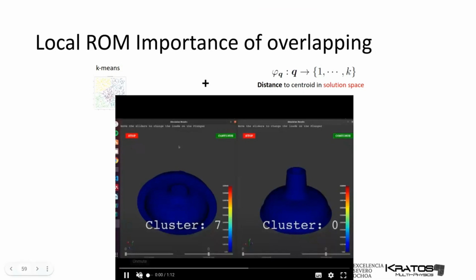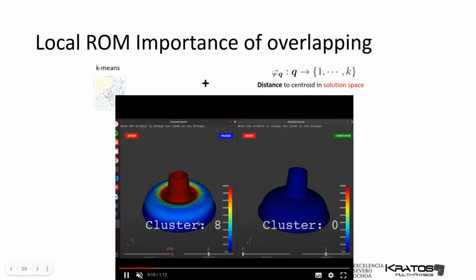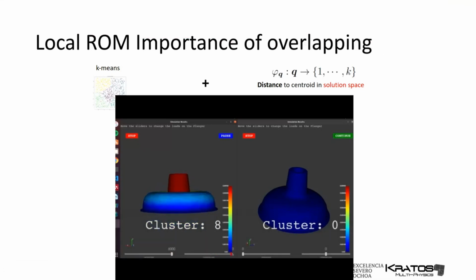Well, I just put the video. Basically, this over here is doing some overlap, which is not ideal. Let me explain. There are two sliders. One of them is applying a vertical force. The other one is applying a lateral force. What is going to happen is that, okay, now I push it all the way down, this structure, which is a plunger, and then I try to move it sideways. But it will not move because this cluster cannot evolve to this direction.